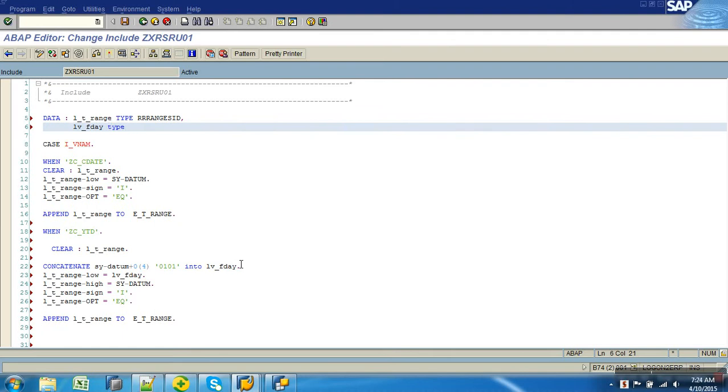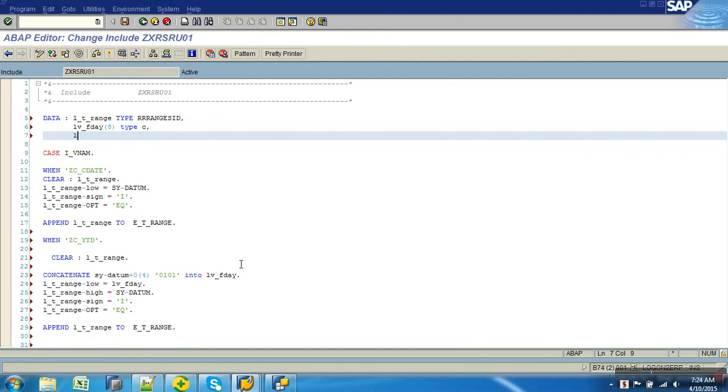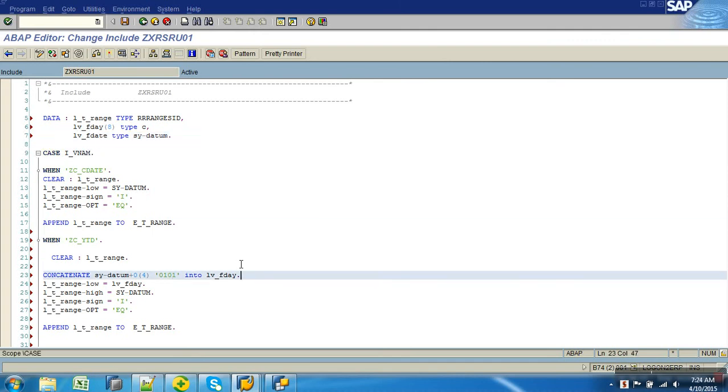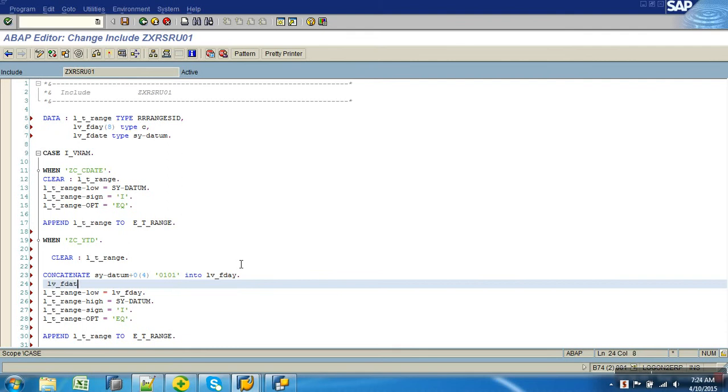Type. One second. I want to test. See, then let me convert that into what is that I'm doing?